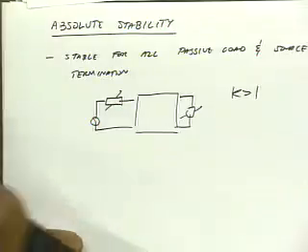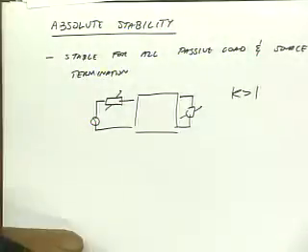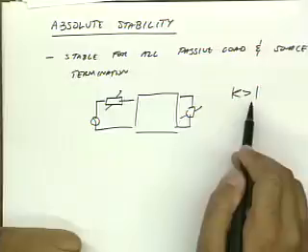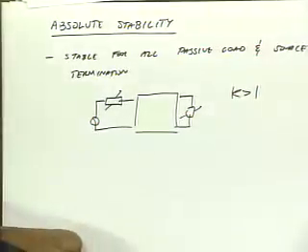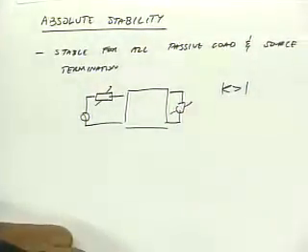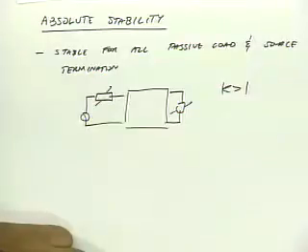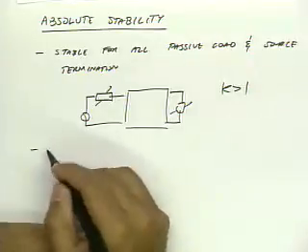If you're designing an amplifier and you say, I want my amplifier to be stable, you might say, I'm going to make sure that k is bigger than 1 at all frequencies. And someone else might come in and say, that's really, really restrictive, right? I mean, in real life, you know the load, you know the source. So why not just check k stability for particular source and load impedance? Why check stability for every possible load and source impedance, right? And you're right. So this is a very conservative